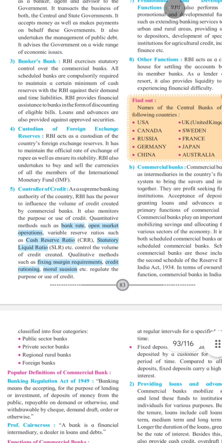Next is custodian of foreign exchange reserves. RBI is responsible for maintaining India's foreign exchange reserves. It also manages the value of the Indian rupee in the international market and buys or sells foreign currencies whenever required. This helps maintain stability in foreign exchange. Controller of credit. One of the most important functions of RBI is controlling credit in the economy. It regulates how much money banks can lend by using tools like bank rate, CRR, SLR, and open market operations. This helps control inflation and maintain economic stability.